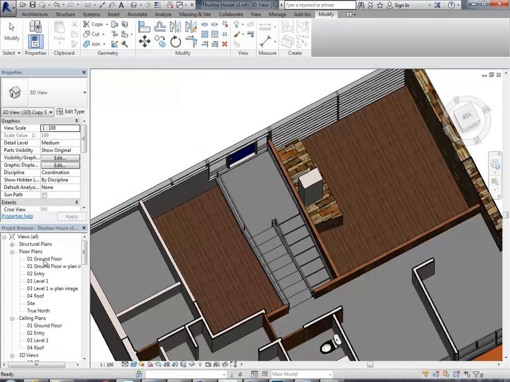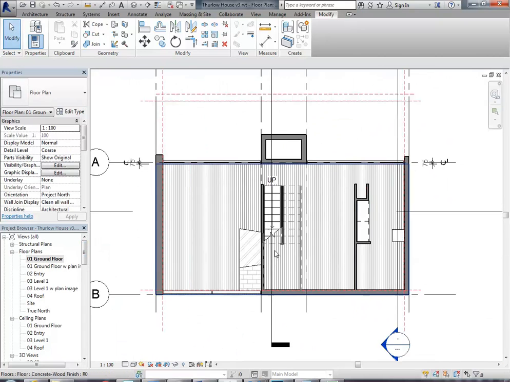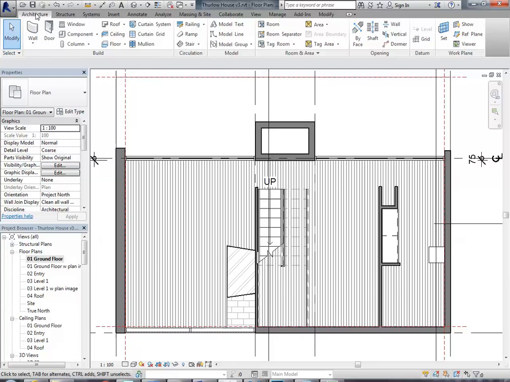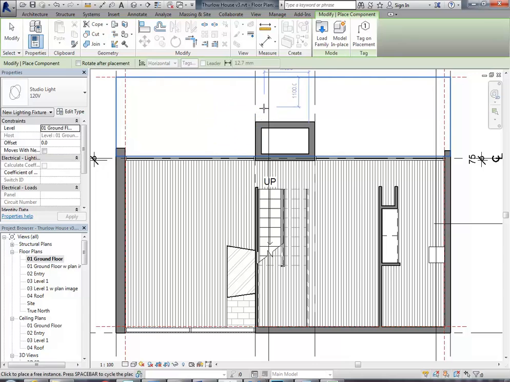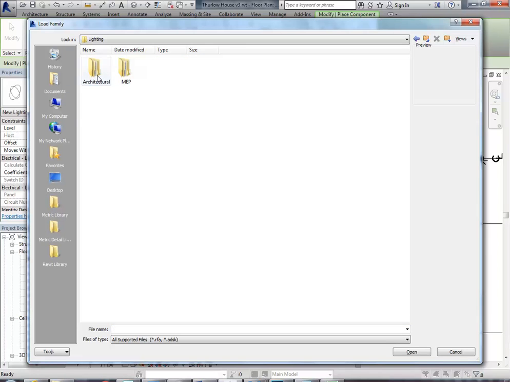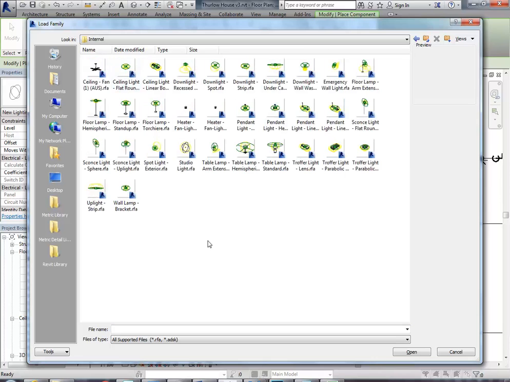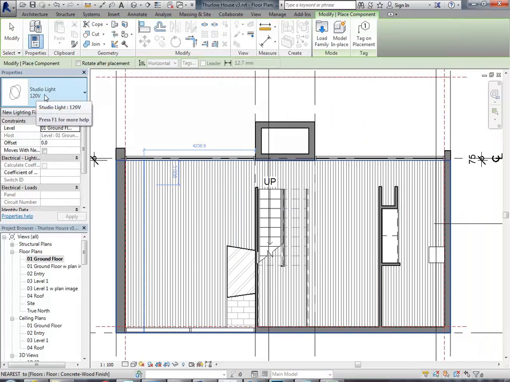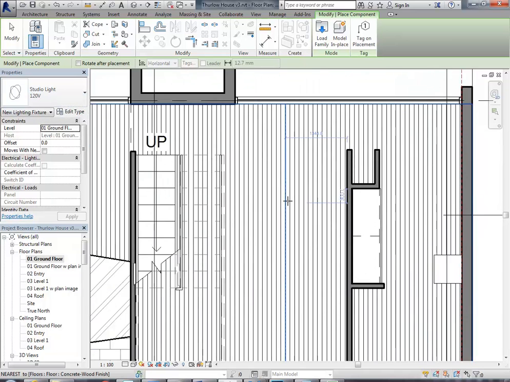Alright, so just to get a quick basic setup for your lights so that you can render it and get it into Photoshop, I'm going to use the studio light. So on the Architecture tab, it's going to go to Component, in my ground floor plan, load family, and then you don't need to go to the special library. Just in any library you'll find lighting, architectural, internal, and you'll find the studio light. So this is just a floating light you can place anywhere, and it's really good just to get the rendering to work. So you can see it's got studio light, and I'm just going to place two of them in